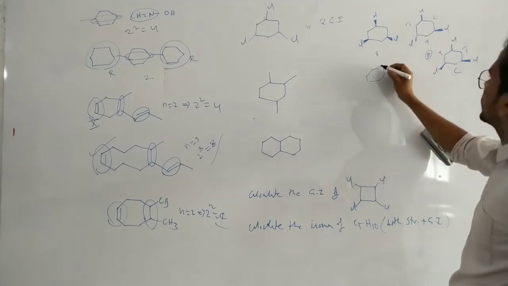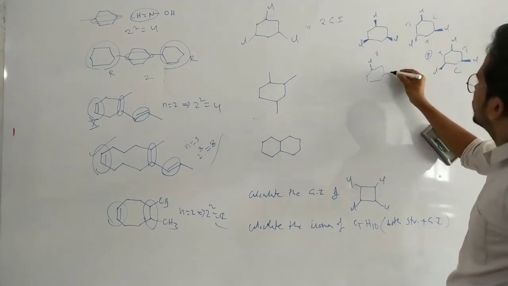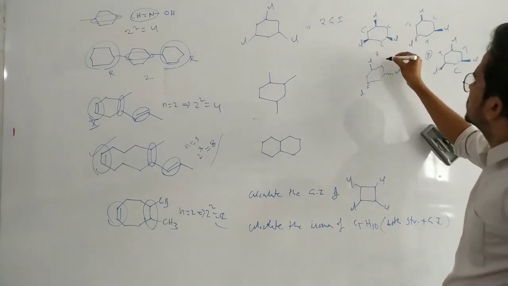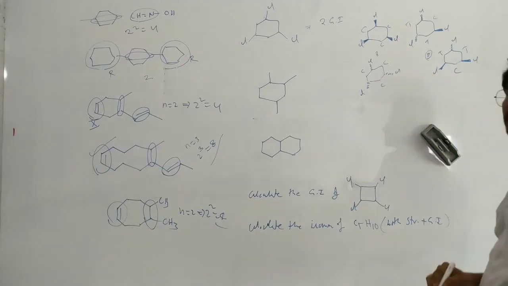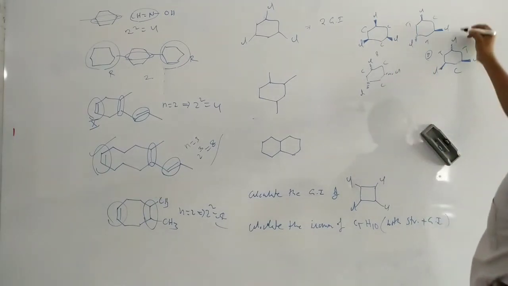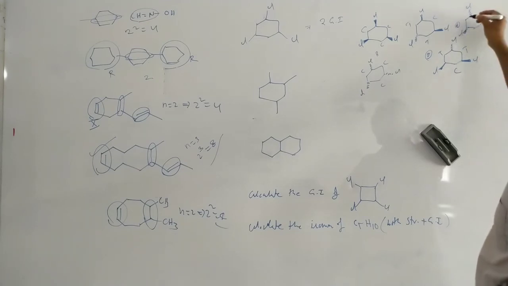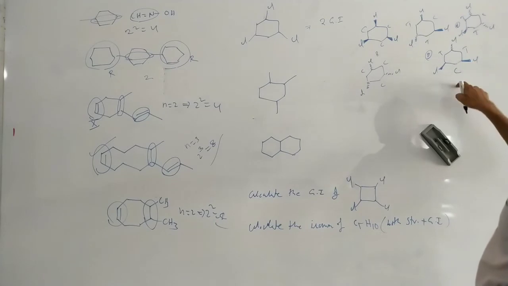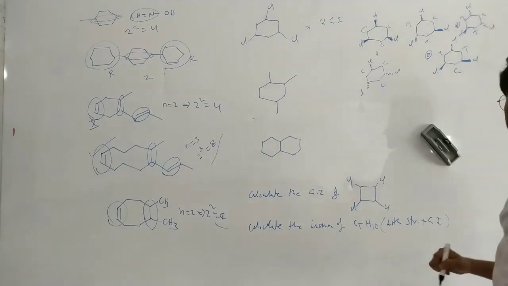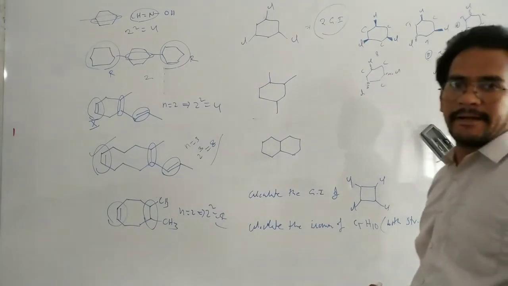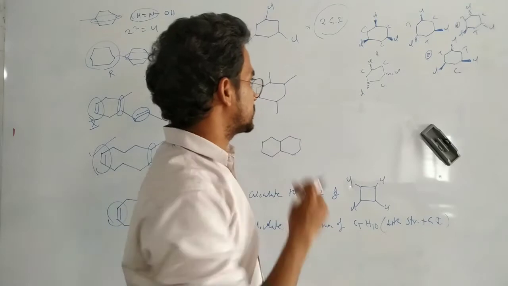Or suppose all below the plane. Chlorine, chlorine, chlorine, cis, cis, cis. That means same, these two are the same. Or we can write like this one also. I think you may get the doubt. Below the plane, this one: these two cis, trans, trans. That means 2 are trans, 1 is cis. So it has only 2 geometrical isomers.